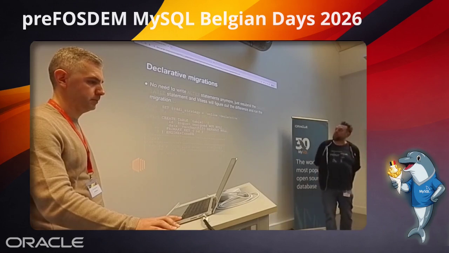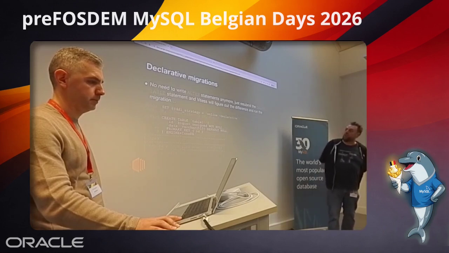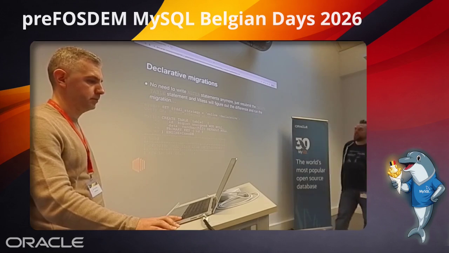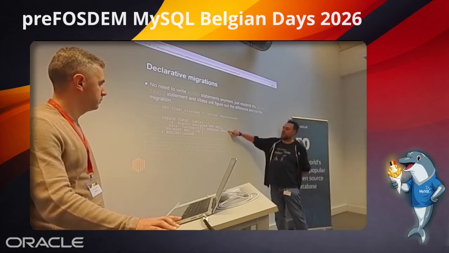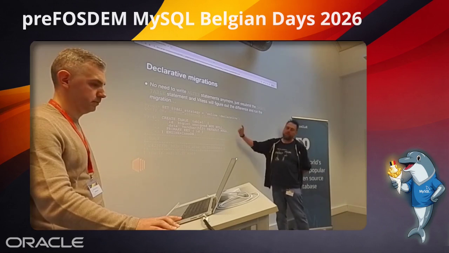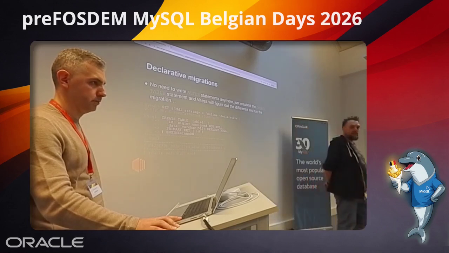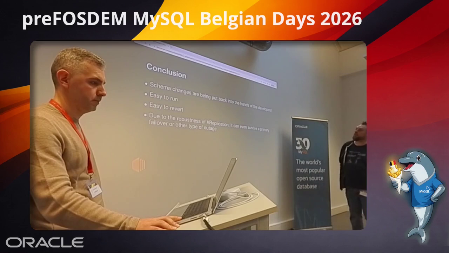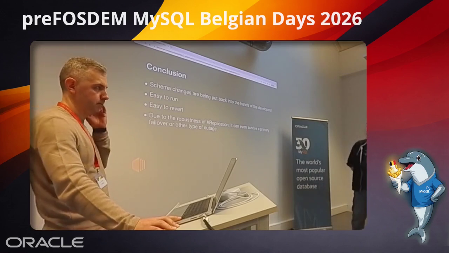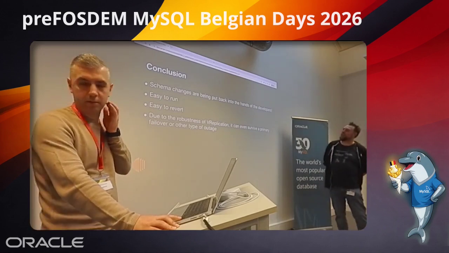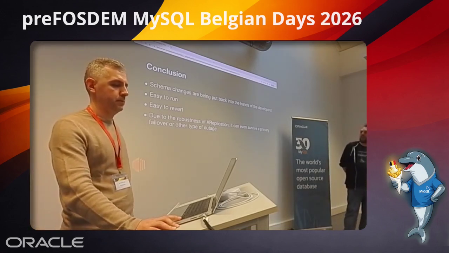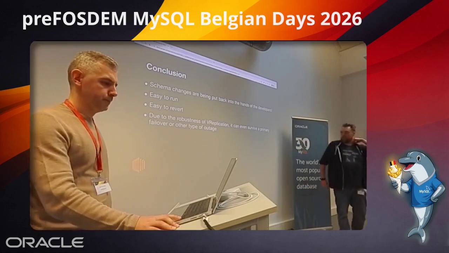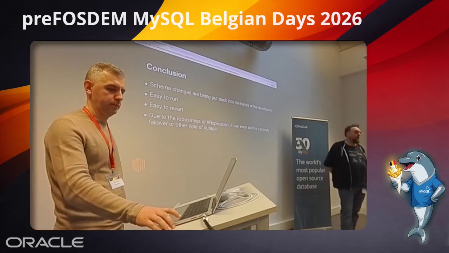and so you can then write again to the original table without any data loss. Finally, there's also declarative migration, so if you don't like to write ALTER statements, you can just change the schema. You say you want to do online declarative, you recreate your table. It says, okay, I will do that, and it will figure out the differences that it needs to make. So, yeah. Conclusion: schema changes are back in the hands of the developers. It's easy to run, easy to revert, and vReplication is very robust, so it can even survive the failover of a primary of all the